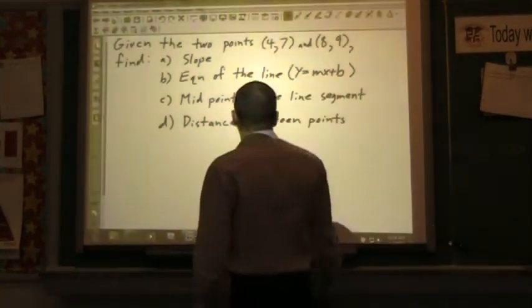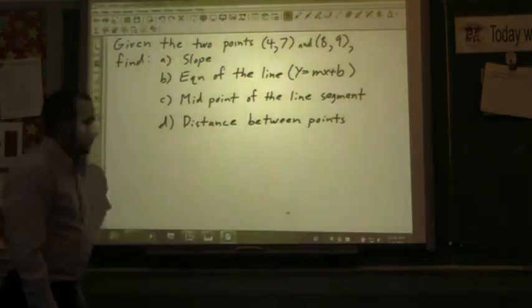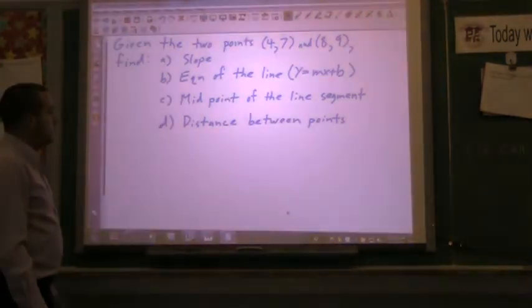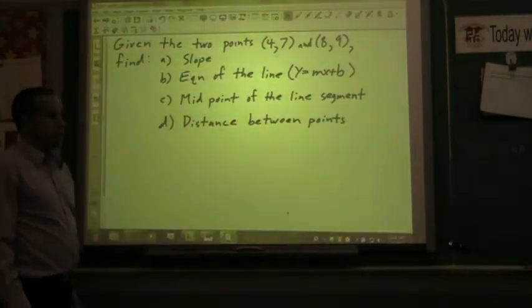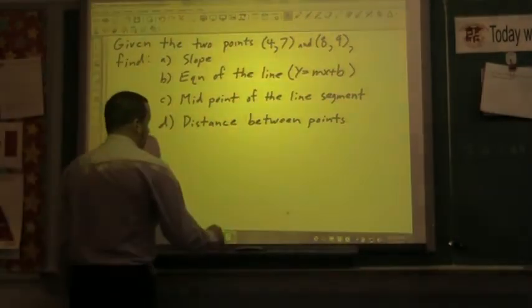So, you have 2 points here, (4, 7) and (8, 9). We're going to find the equation of the line that goes through those points. And then we're also going to find its midpoint and the distance between those 2 points as well. So, for part A,